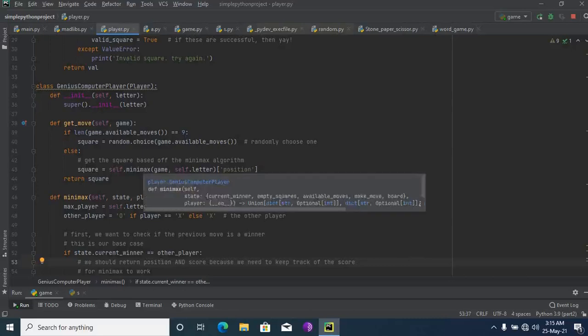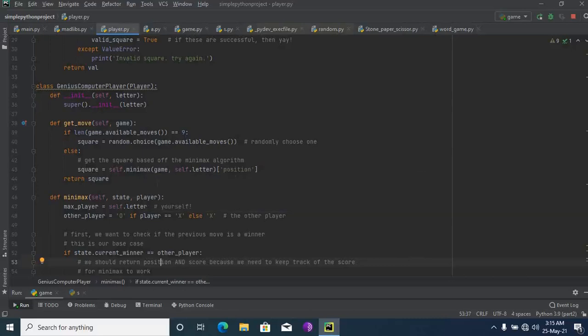This minimax algorithm, the minimizer and maximizer algorithm, runs the computer player in the genius method.